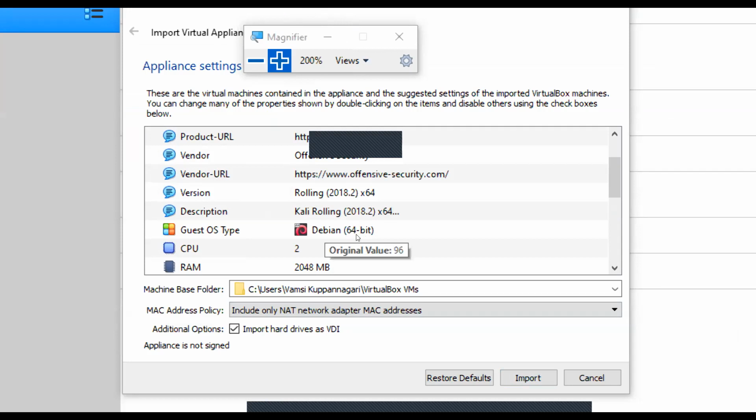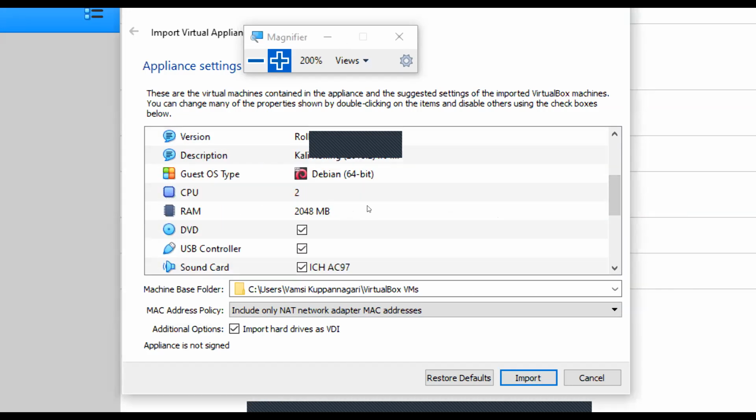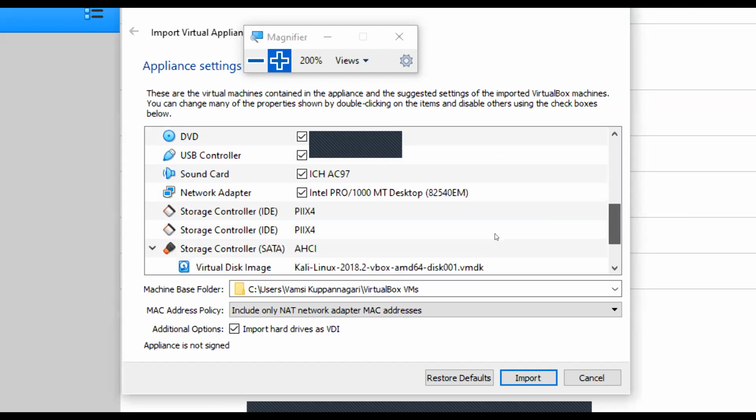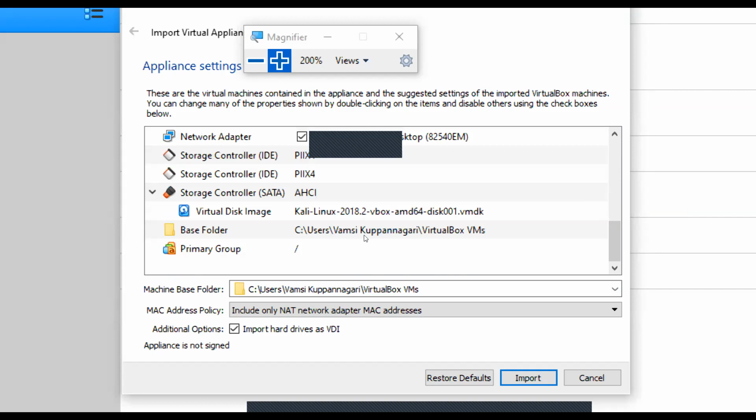It is Debian 64-bit. Debian is also a flavor of Linux. It needs a dual core CPU, and you can see how much RAM it is occupying. Along with that, you also have where this image is and the base folder where you want to save this VirtualBox.